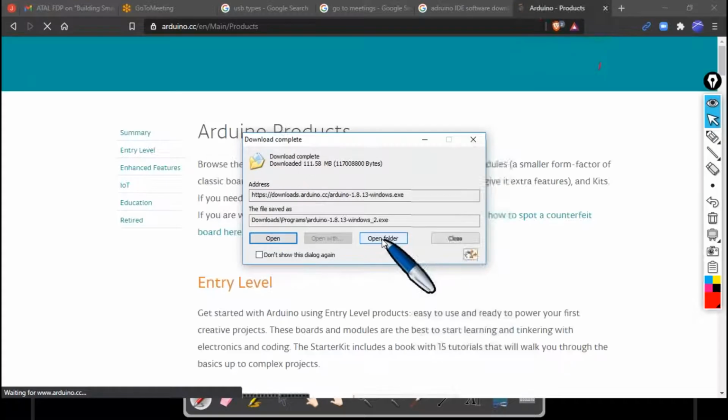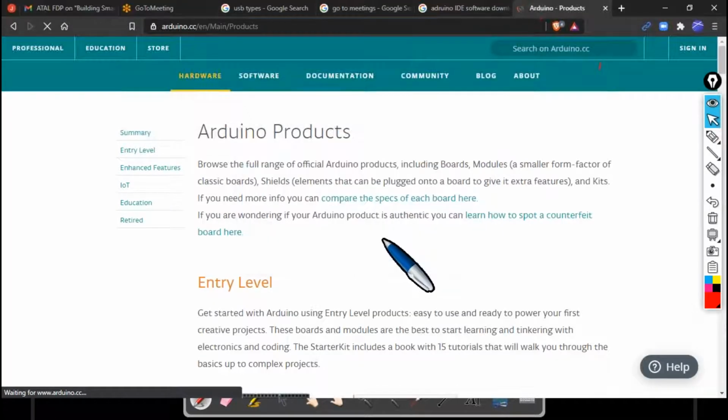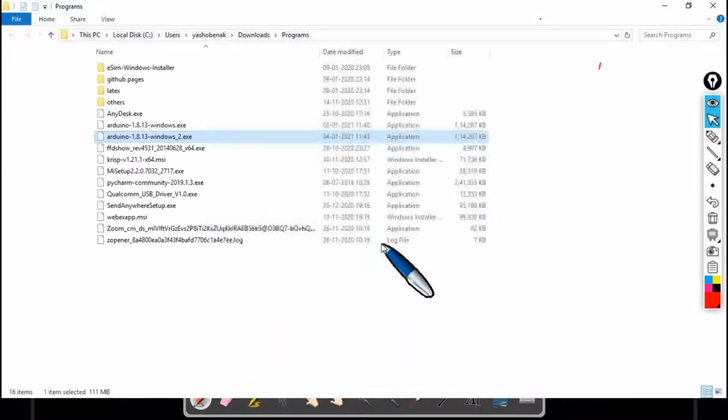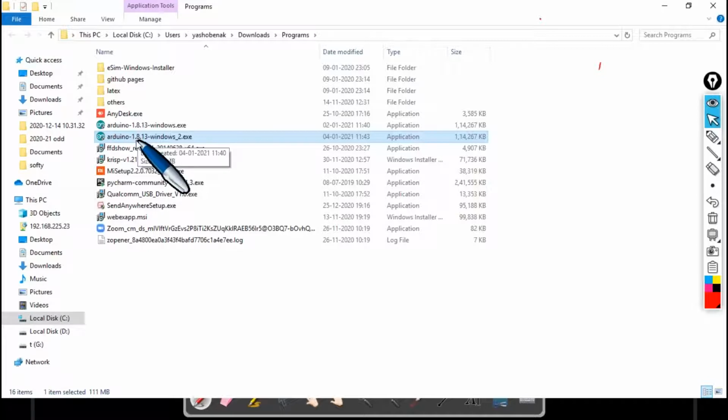Now I'll open the folder. Here you can see that I have downloaded the Arduino IDE software, and its version is 1.8.13.